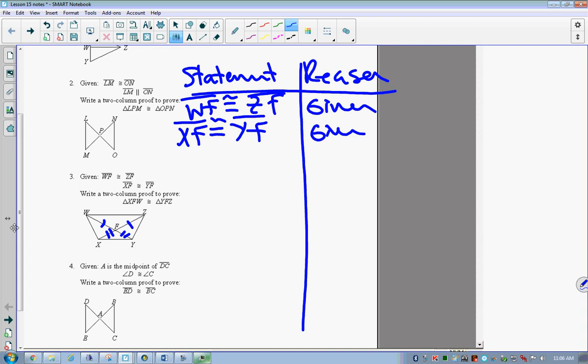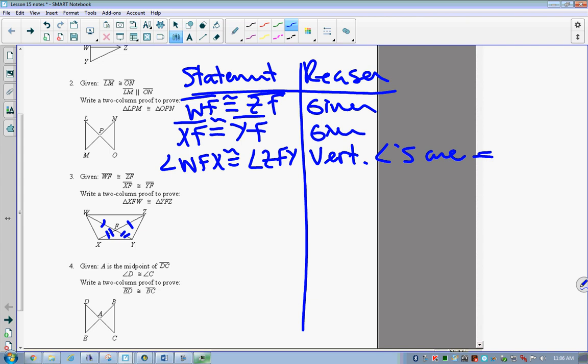The vertical angles, right? But we got to be specific. It's congruent to what? ZFY. Good. You guys are picking up on the fact that I've got to maintain corresponding angles. So we're going to say vertical angles are congruent, which gives me that angle and that angle. Now can I prove that those two triangles are congruent? Okay, triangle XFW is congruent to triangle YFZ through what? Side angle side